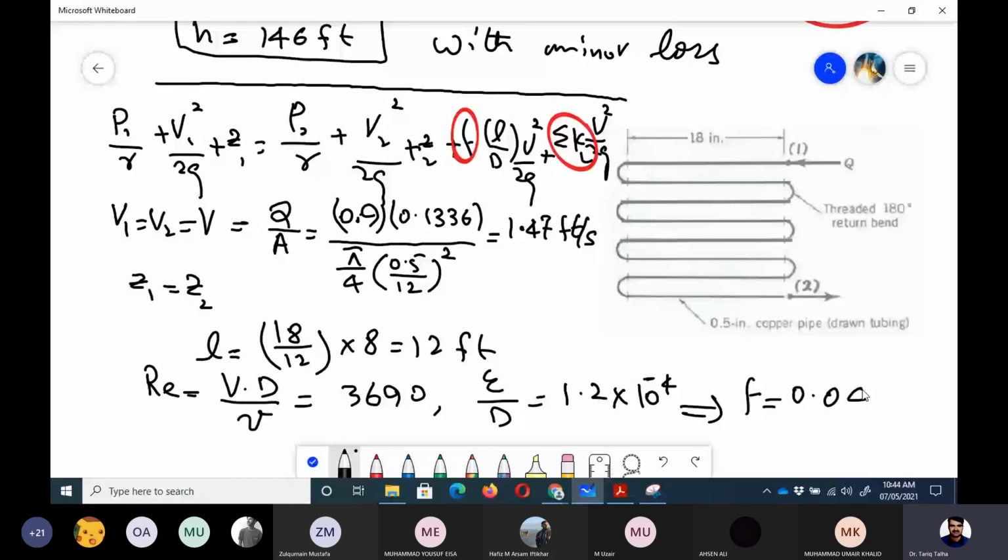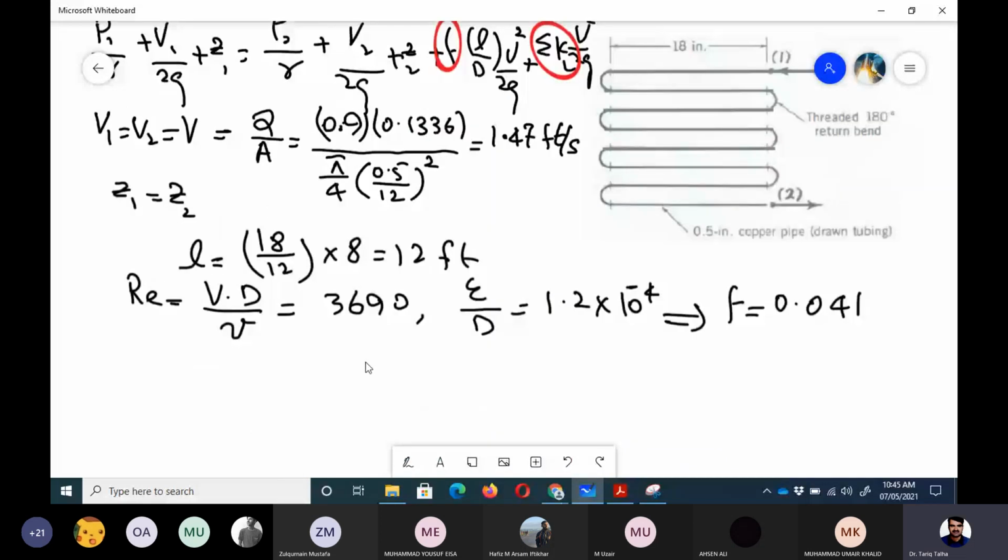So I would strongly suggest that you should use Colebrook relation. So I would give the relation in the paper. So all you need to do is to put in the value to find that friction factor, because from the Moody chart the problem is because the scale is logarithmic, so it is quite difficult to see the exact value of friction factor, which is a very important parameter. So I would strongly suggest using the Colebrook relation. So from here, friction factor is 0.041, and then once we get friction factor, now we need to calculate KL